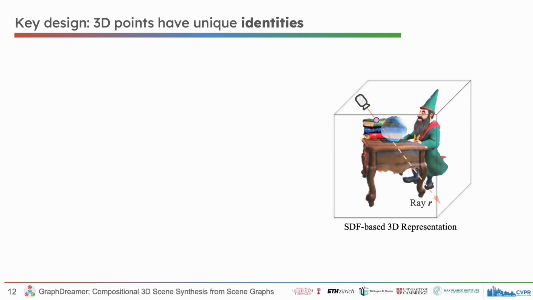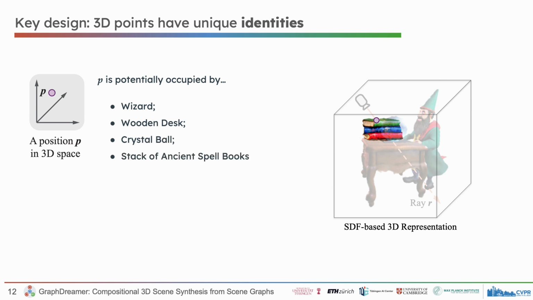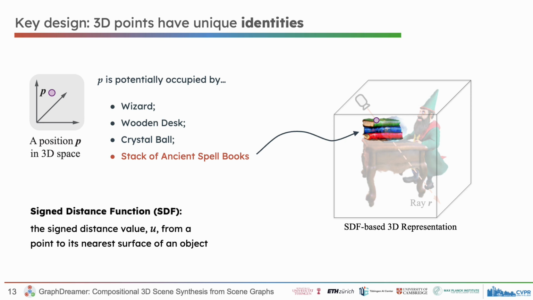Performing decomposition before rendering is essential because, when multiple objects obstruct each other, we need to make the obscured surfaces visible to model the objects completely. To achieve a proper decomposition, the underlying 3D space must be decomposed on a point-by-point basis. Since a point can be occupied by at most one object, it is possible to assign each point in the 3D space a unique identity. To this end, we choose a signed distance function as the 3D representation because it provides clear object boundaries along